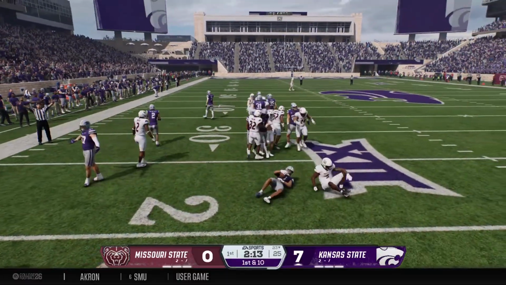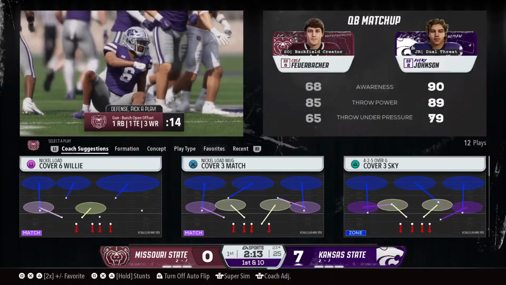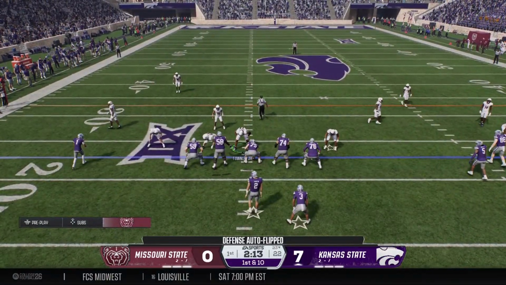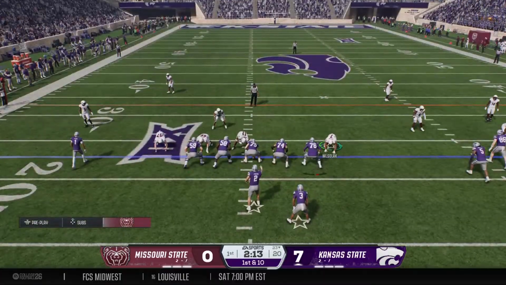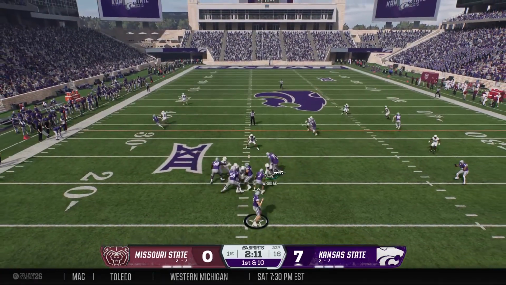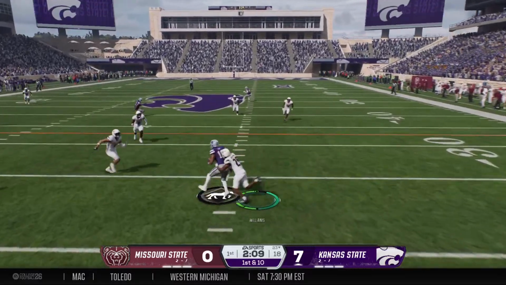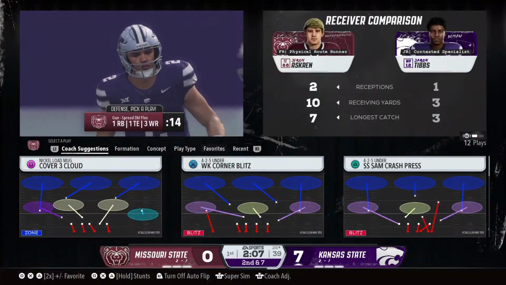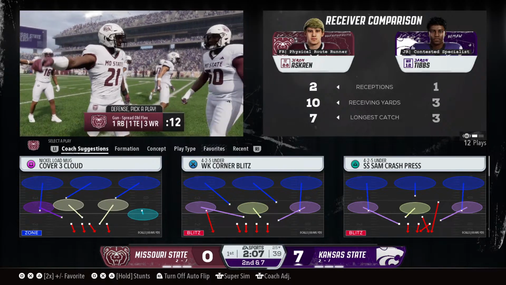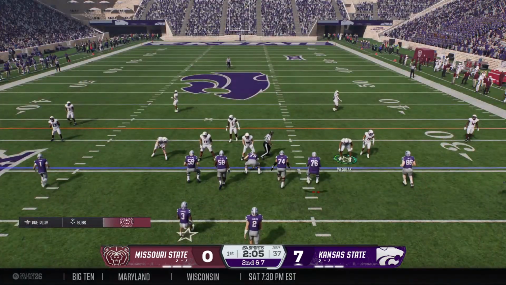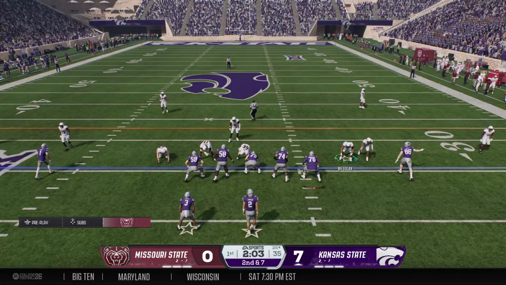Couldn't get away from that cover team, and they've got him down at the 23. This drive opens up at the 23-yard line. Johnson wants to throw. It's complete to the right. And a good job in coverage there as they stop it after just a few. Great play by the cornerback. He was just way too physical at the point of attack. He beat his man trying to block him, and he tackled that receiver on the screen.